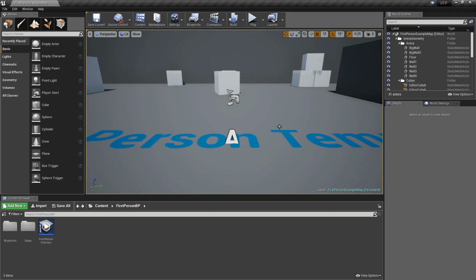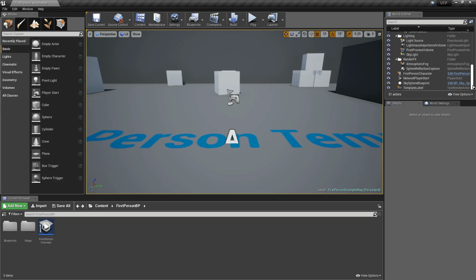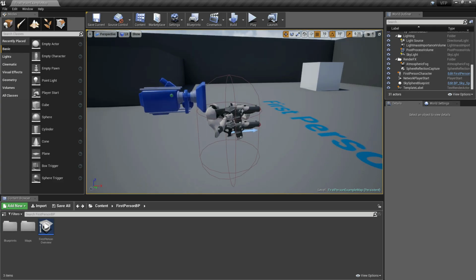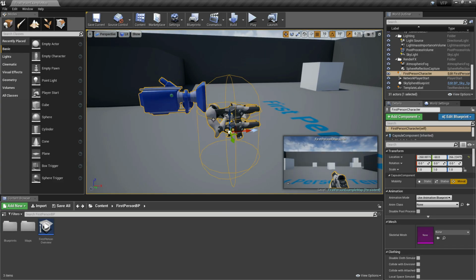After we registered our crouch key in the project settings, what we're going to do next is to locate our first person actor. Our first person actor is what we're going to target in adding the event for crouch. Just locate the blueprint of this actor.